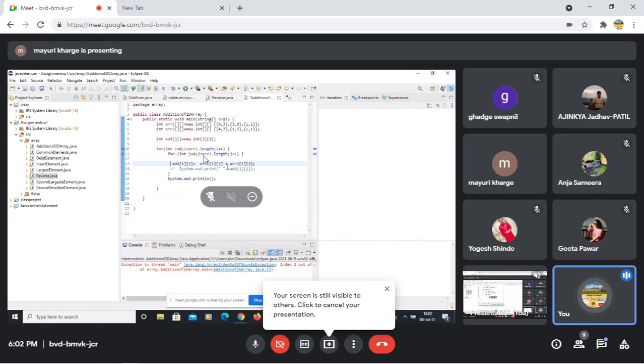I think we had made the same program. So what is the issue? So 3 row and 2 column, that is correct. So array1 will run 3 times, array2 will run 3 times.